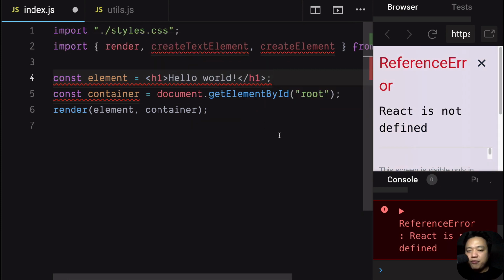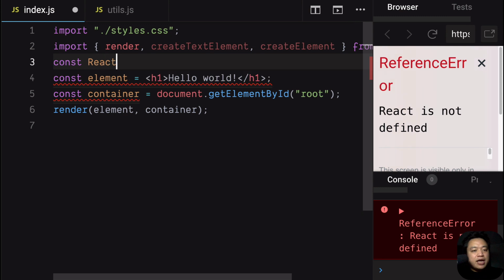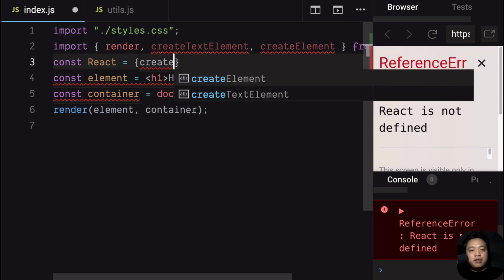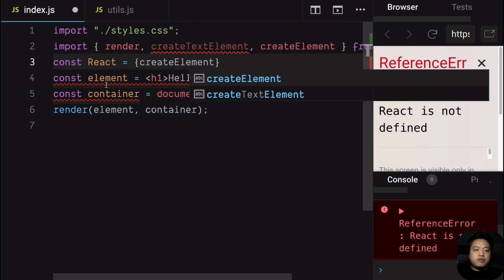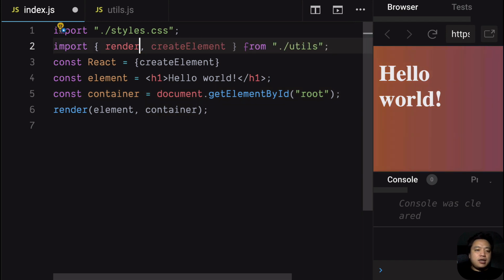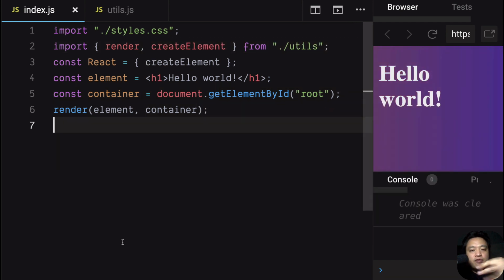This still isn't good enough because JSX transforms to React.createElement. So we actually have to define an object, and we'll just call it React. We can call it other things, but then we'll have to change the pragma. We'll just call it React.createElement, and then that should work fine. So here we have a pretty good representation of how it is to write JSX and render it to the DOM. We create the element, we write JSX, and then we add it to a container, and we append it